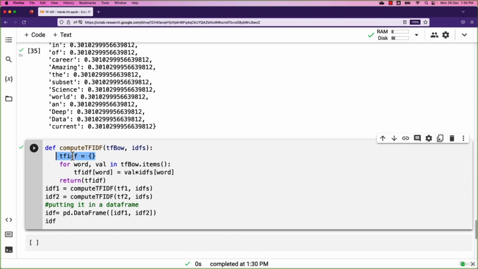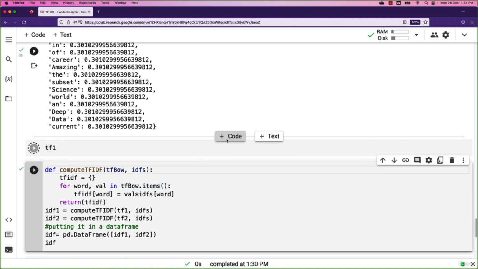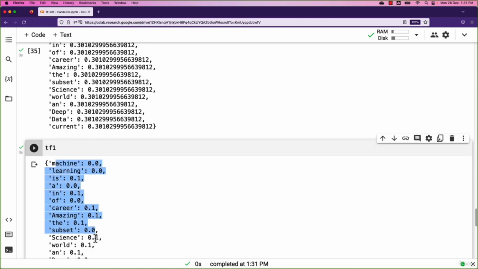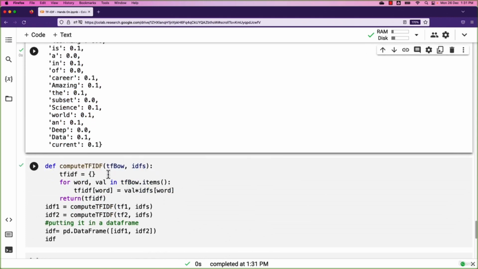Next, this is a blank Python dictionary. I'll go through each and every key value pair that I've got in this TF-bow, that is term frequency. So if you look into my TF1, that is actually my term frequency bag of words that I have got. So for each and every key value pair that I have got over here in this term frequency, I'm going to get the